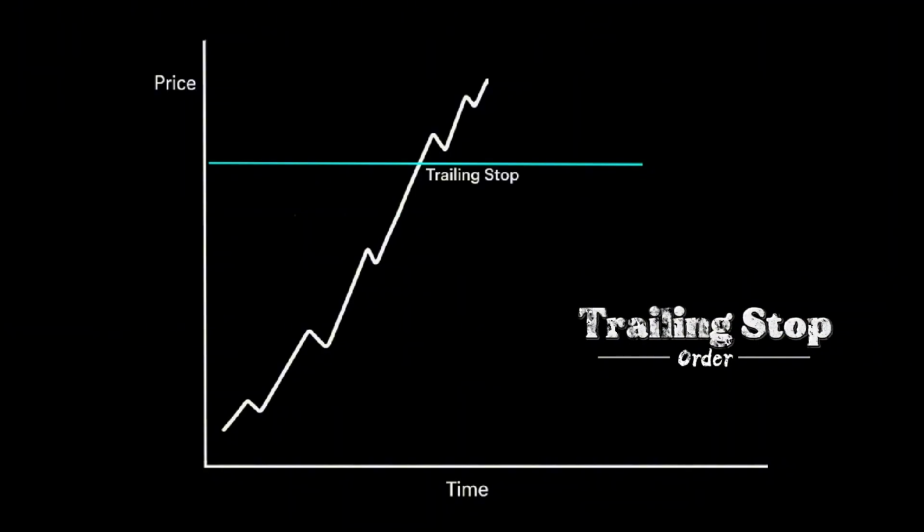This is a protective tool that locks in gains as price moves your way. It's not a profit target where you want to exit, but rather a way to protect profits you've already built while giving the trade room to continue. The order triggers when price reverses back to the trailing stop level.